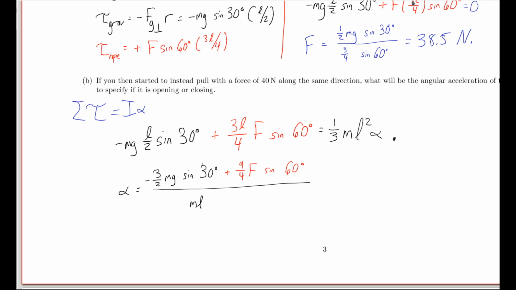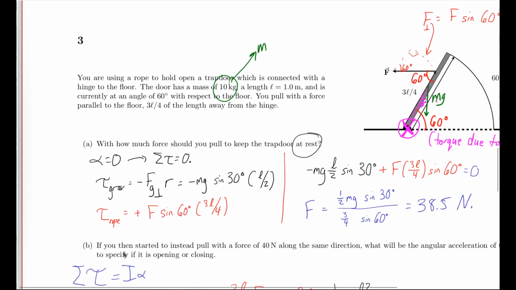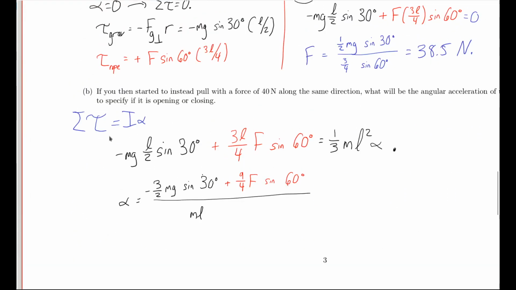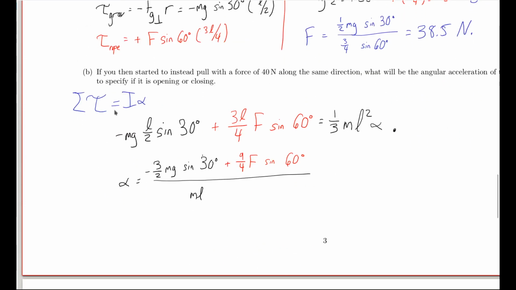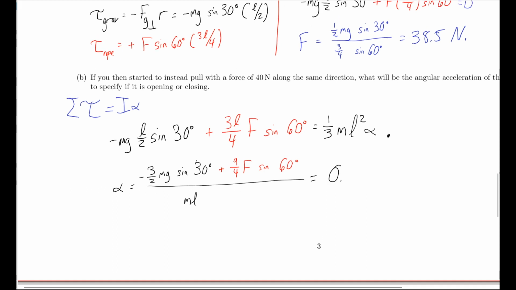And then we want all of that divided by, so the length here is 1 meter. The mass was 10 kilograms, so divided by 10 kilograms times 1 meter. And when I put those numbers in, I get 0.29